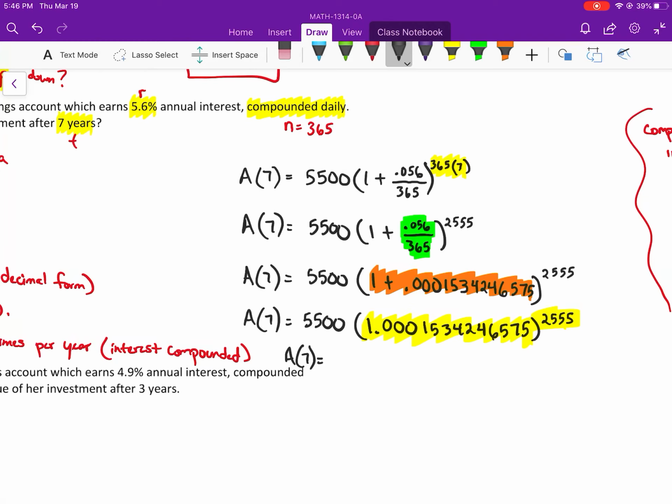The amount after 7 years equals 5,500 times 1.479893213. Okay. And last step here, multiply that answer by 5,500. So we get an answer after 7 years of